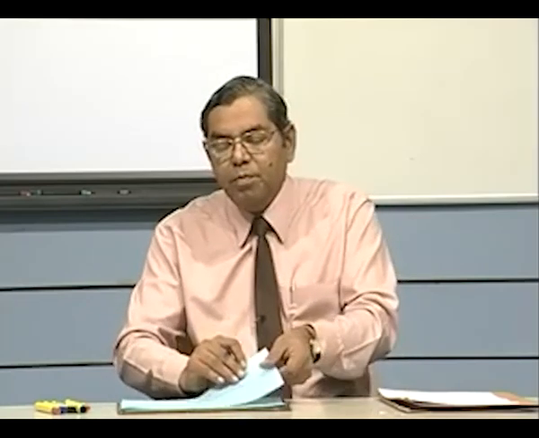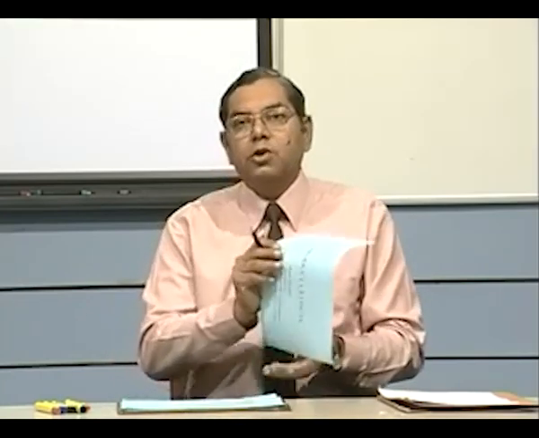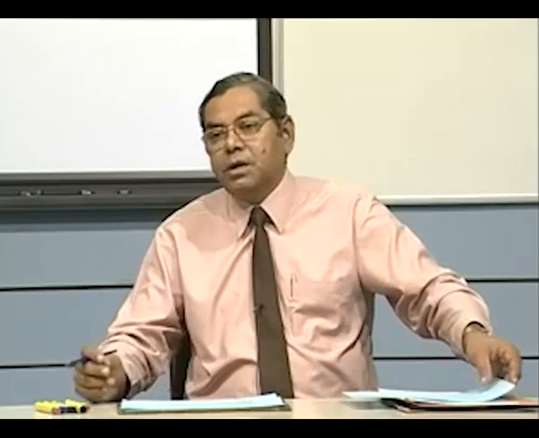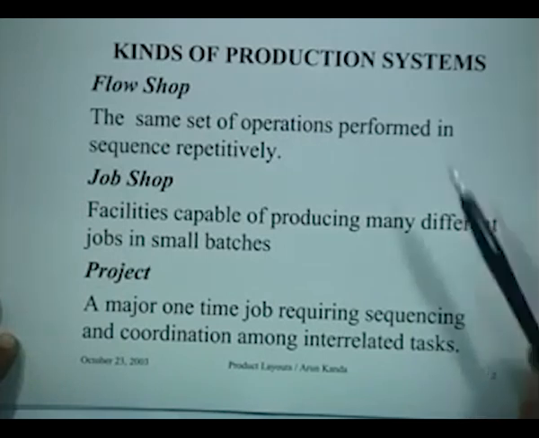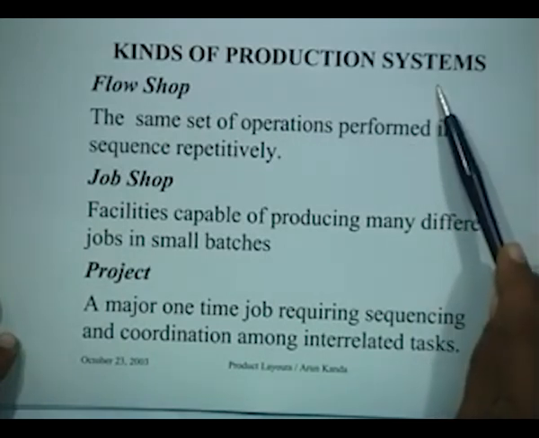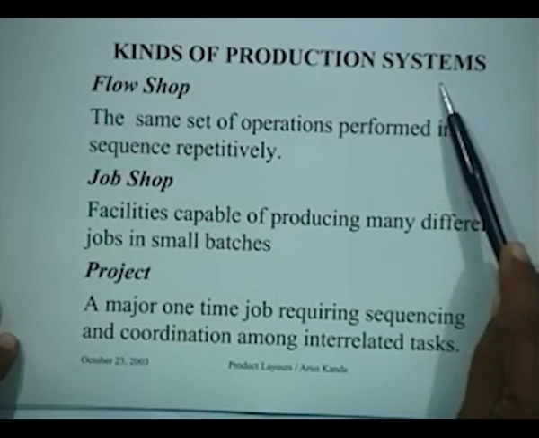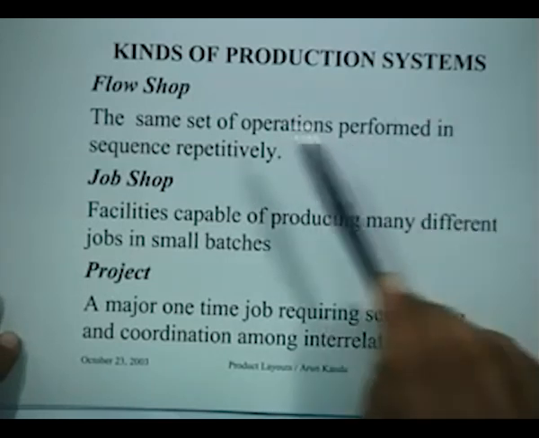If you recall, we had talked about the PQ chart, and in that we had identified the range in which product layouts and process layouts are used. Let us briefly recall the features of these different kinds of production systems and see which kind of layout is relevant under what circumstances. For instance, when you talk about kinds of production systems, we can talk about a flow